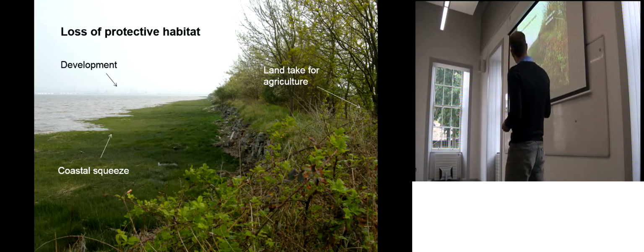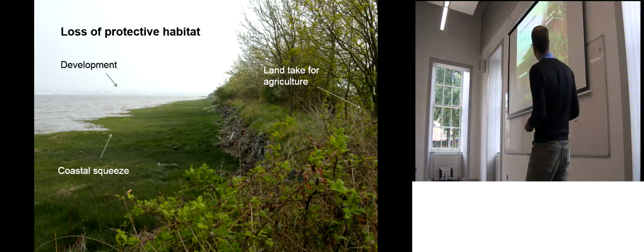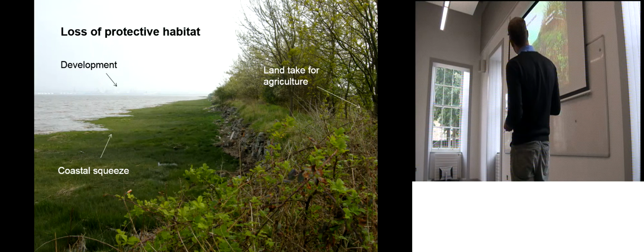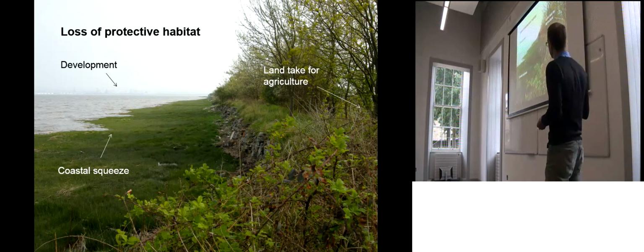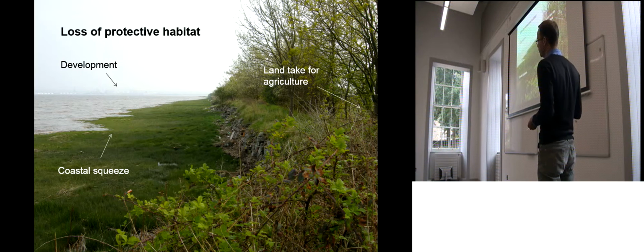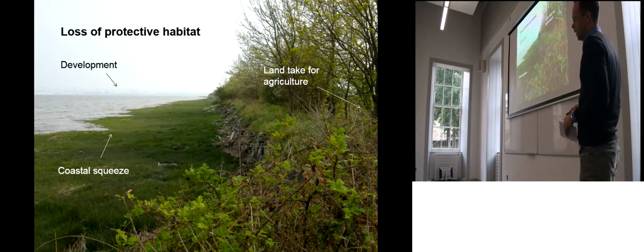Today here, strange, a lot of development was now is really not good for a lot of waders. Wildlife habitats for us because